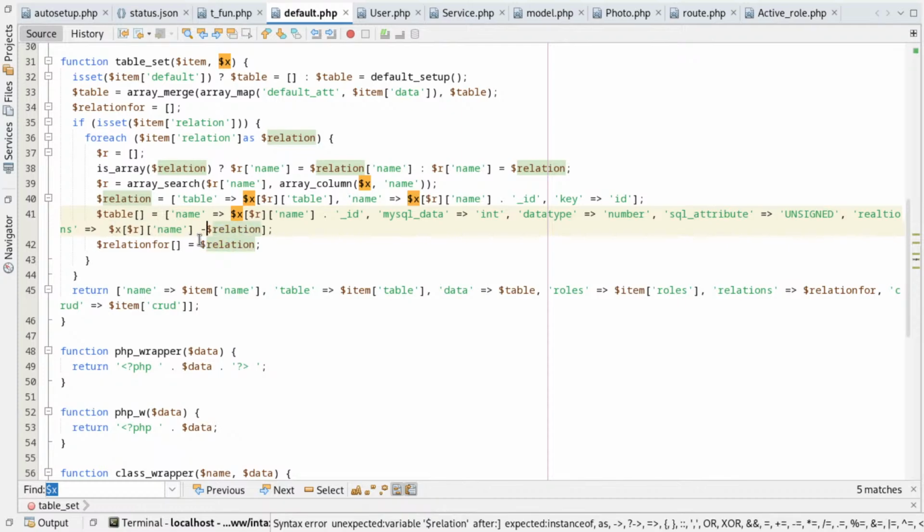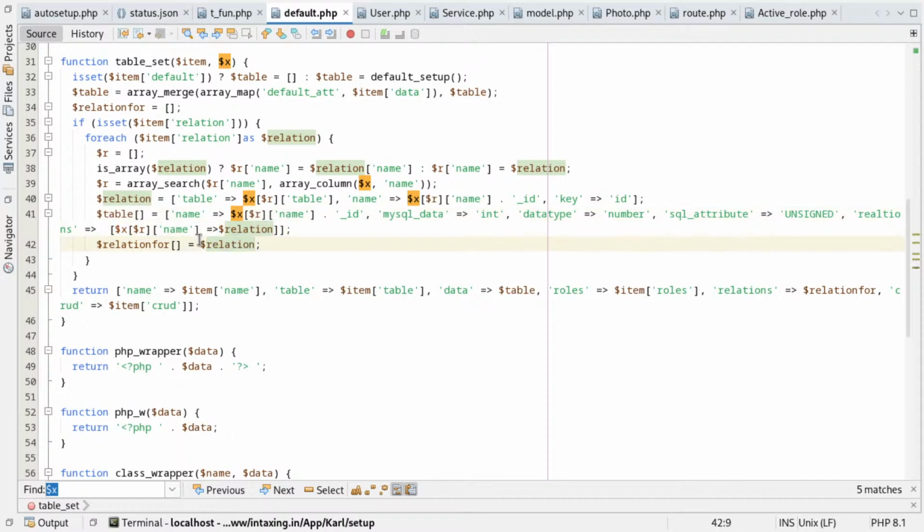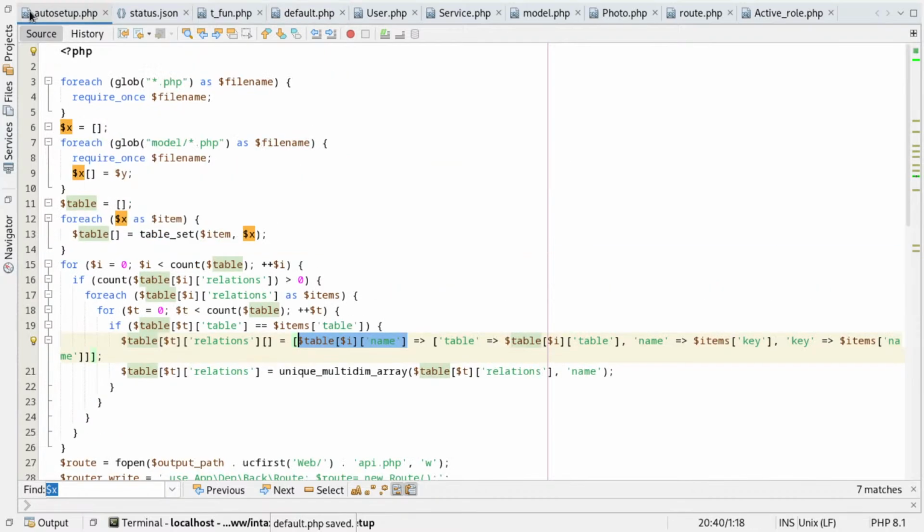So it can be a little bit difficult also, but I think this can be worth it. But again, I'm thinking that